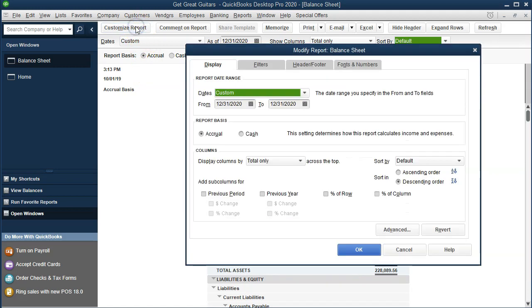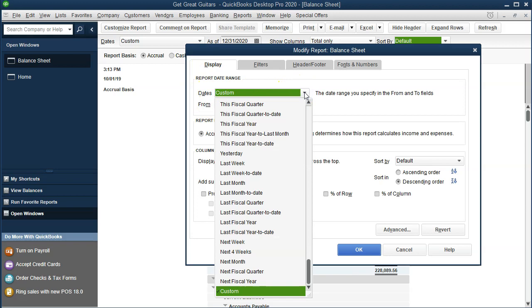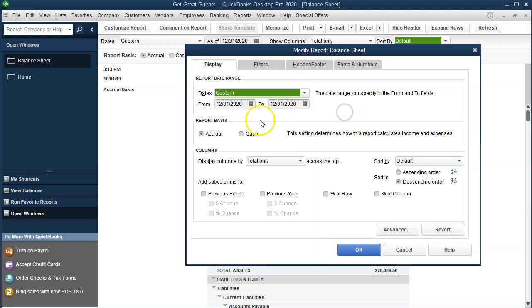Now let's look at the customized report field. We're going to be concentrating here on the display. Note you have tabs: display, filter, header, footer, fonts, and numbers. Concentrating here on the display. So up top, we have the same field that we had with the date ranges that we saw before. We could select these date ranges here, or now we have the customized range where we could set a beginning